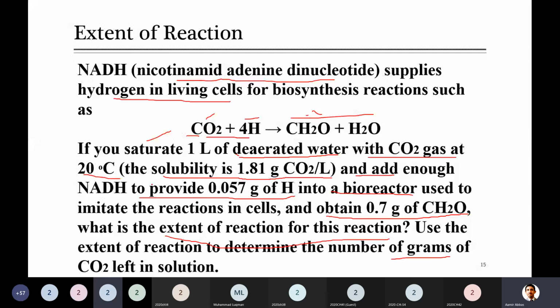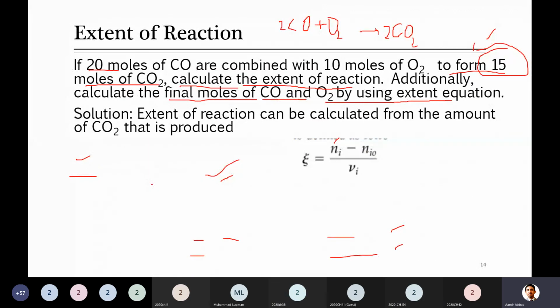Sir, carbon dioxide. Not carbon dioxide. The product CH2O first. Look at this, what did I calculate it with in the previous slide? Sir, the product. What is the reason to go with the product? It is positive, because at the start there are 0 moles. In the next question you may not be clear whether the reaction is complete or incomplete. So always remember that when you know the amount of product, it is best to calculate the extent with the product. If we did not know the product we would leave it, but here the product is known.